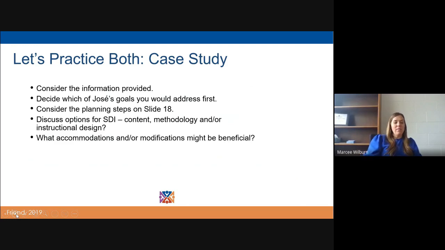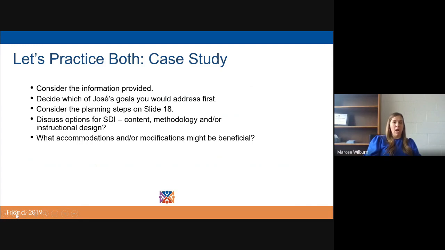So let's do one last activity in the 10 minutes that we have left today. I want you to consider the information that I'm going to provide you. You are going to read a case study about Jose, and you are going to look at his goals. So the first thing after you read, I want you to think about which of these goals would you address